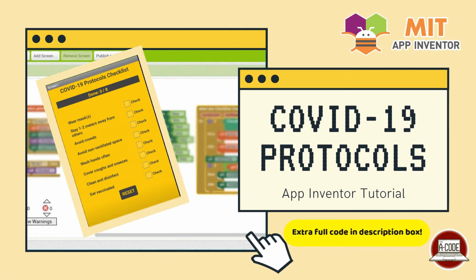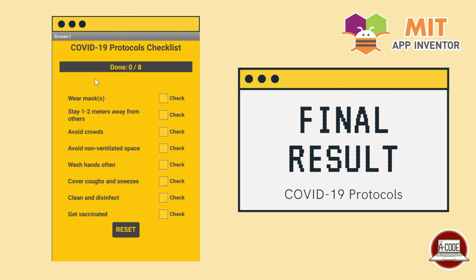Everyone, in today's video we'll be making a COVID-19 protocol checklist, which is very useful for our everyday life in this kind of situation. There will be 8 total protocols included in this video, and how to use this app is basically only to check the box whenever we are done with that protocol, and